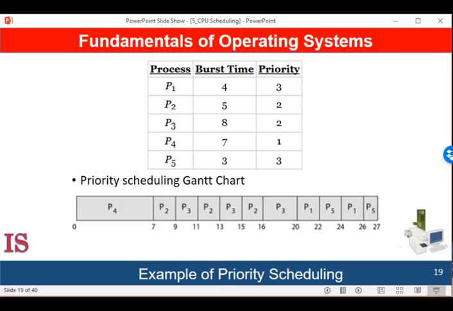In this example, process 4 has the highest priority, so it will run to completion. Processes P2 and P3 will have the next highest priority, and they will execute in a round robin fashion. Notice that when process 2 finishes at time 16, process 3 is the highest priority process, so it will run until it completes execution. Now only processes P1 and P5 remain, and as they have equal priority, they will execute in a round robin until they complete.